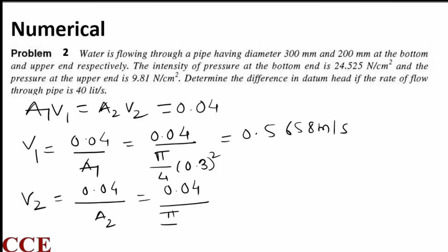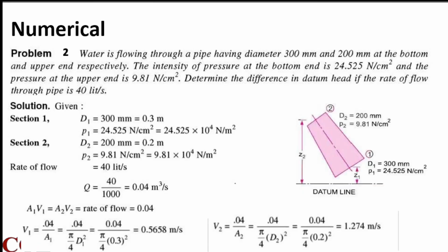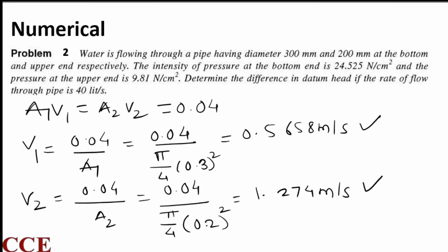In the same way I can find V2, which is equal to 0.04 by A2, equal to 0.04 divided by pi by 4 into d2 square. So d2 is 0.2 square. So what we are getting is a velocity of 1.274 meter per second. So we have got the values of velocity at 1 and velocity at 2. Now if we apply Bernoulli's equation,